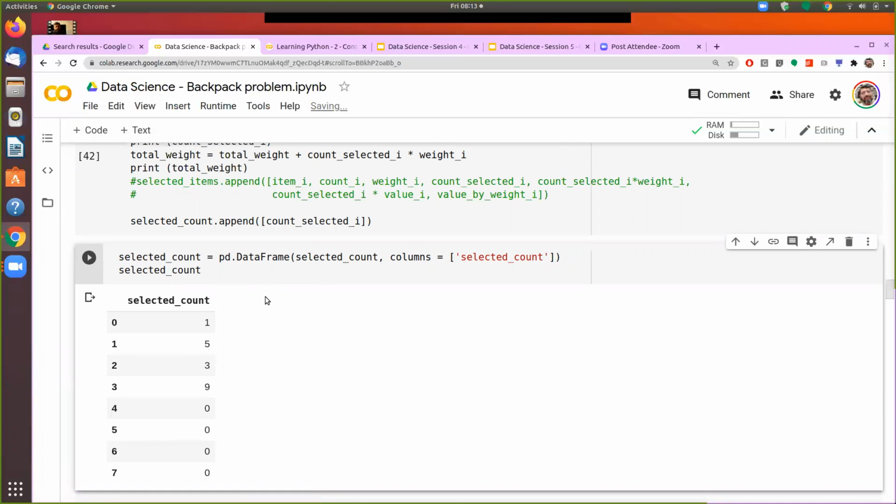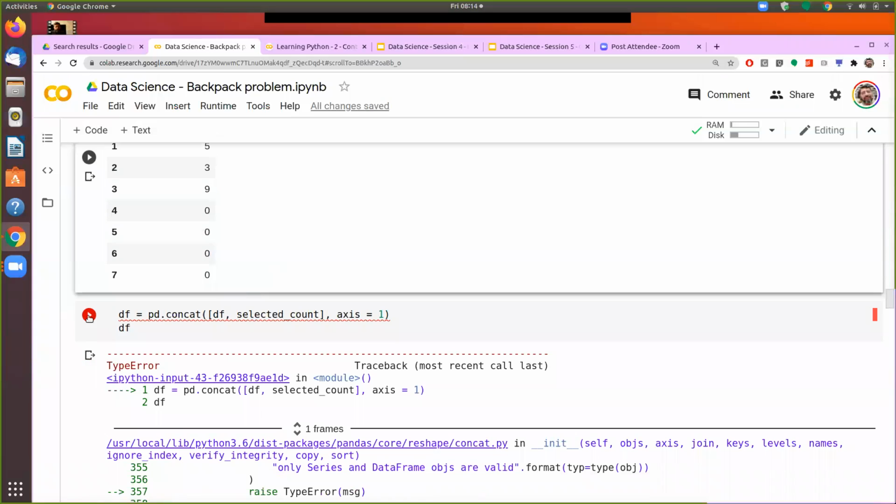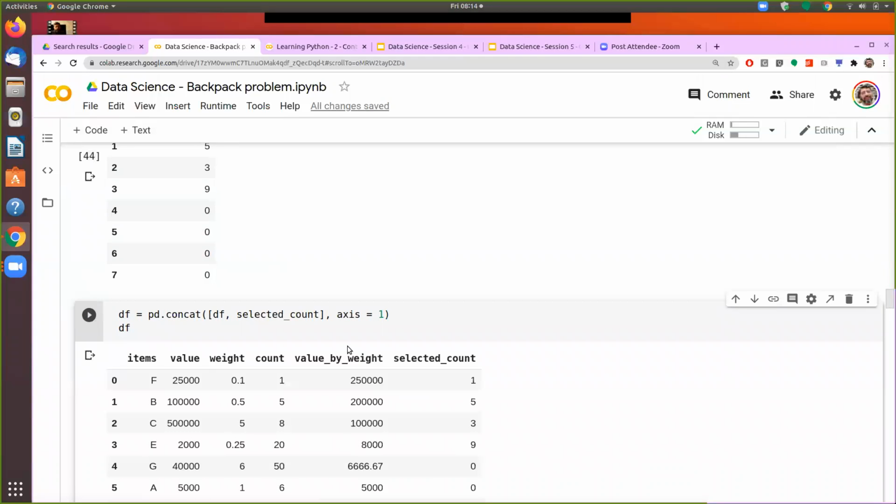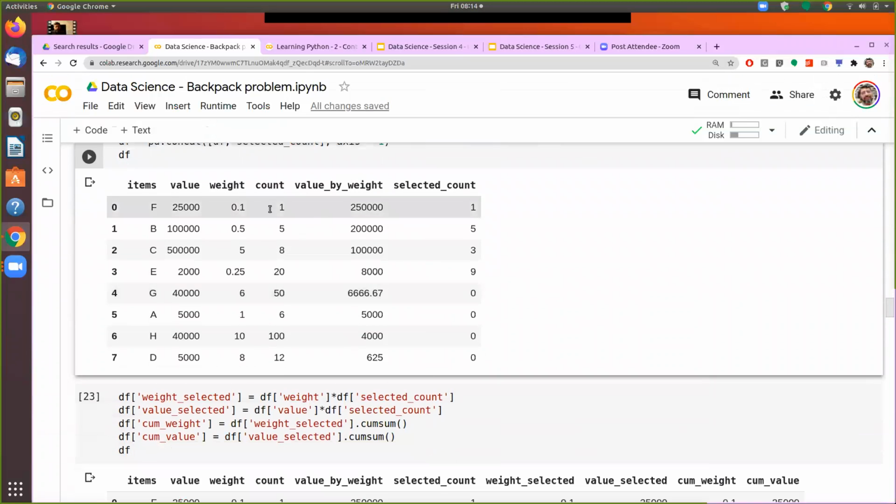That's why it is not converting this into a data frame. So that's another thing that you will have to notice: if you are defining certain variables or doing some operation in one cell, then you must run that cell. So now I have got, of which item, how many items. Of item F I chose 1, item B I chose 5, and so on, it goes on.